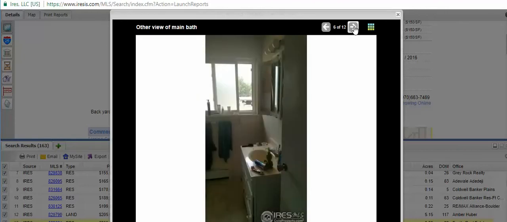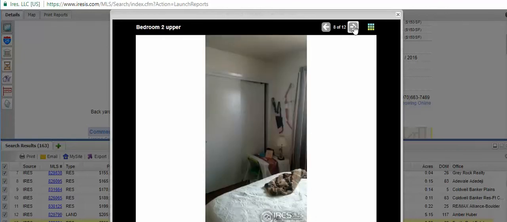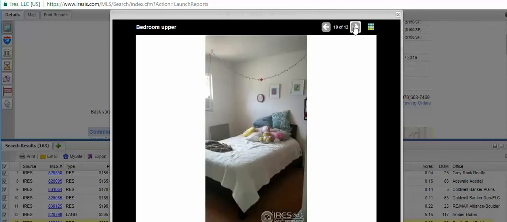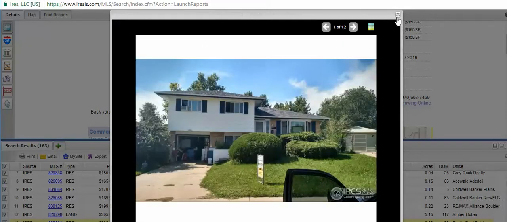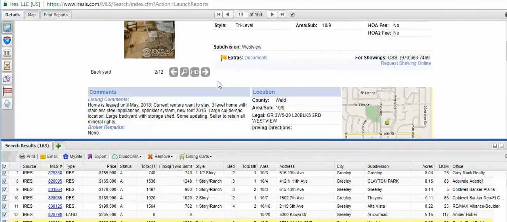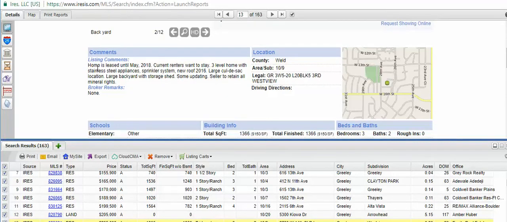Not a horrible house, a little outdated, not very good pictures. You can see it's definitely occupied. And if we go down here and look at the comments, home is leased until May 2018. So that is 8 months from now, this home is leased. They don't tell us what it's leased for,